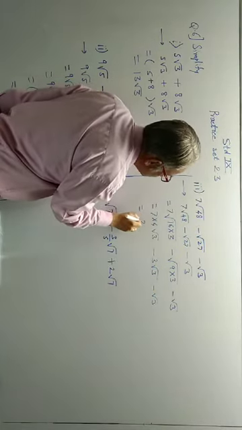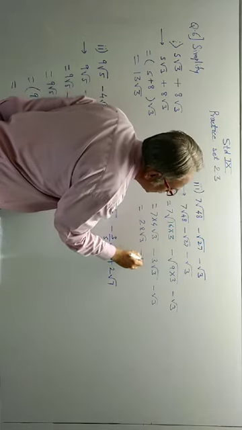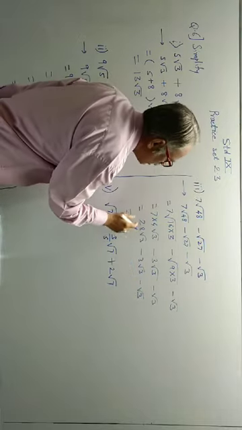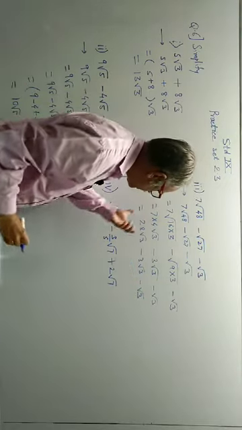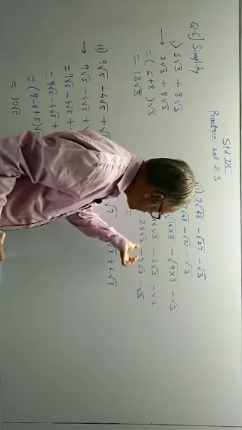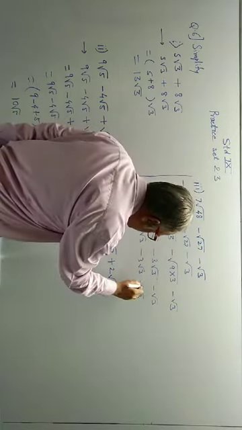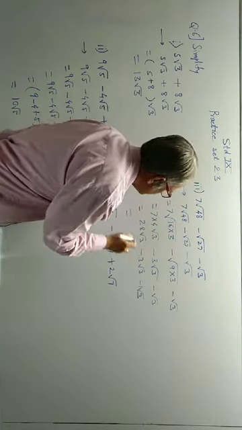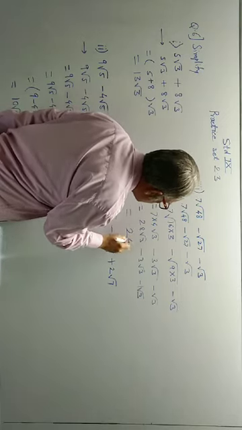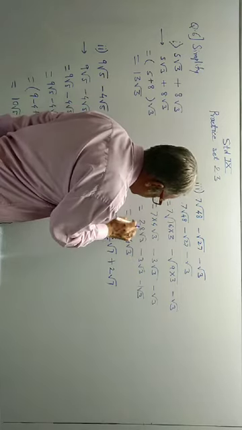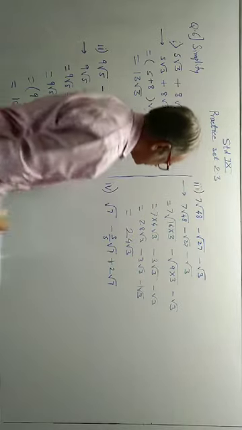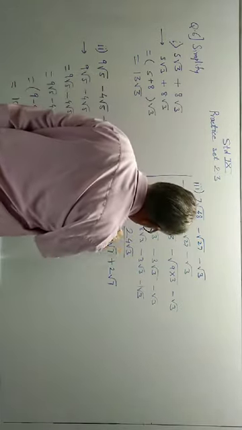Now multiply 7 4s are 28 root 3 minus 3 root 3 minus root 3. Now I will avoid taking root 3 common. Directly I will do 28 minus 3, 25. And here there is nothing written, so 1 is present. 25 minus 1, 24 root 3. 28 minus 3 minus 1. 28 minus 3, 25, minus 1, 24 root 3. This is the answer.